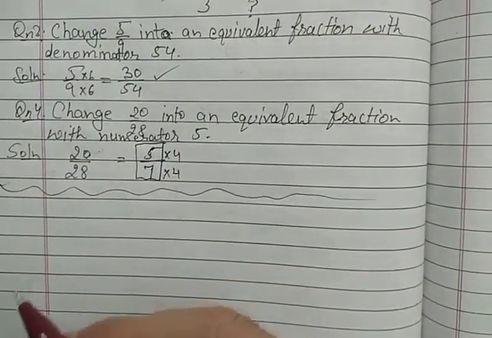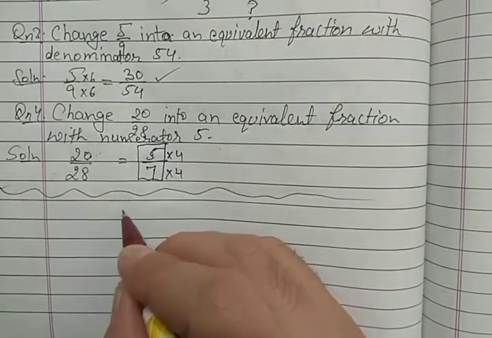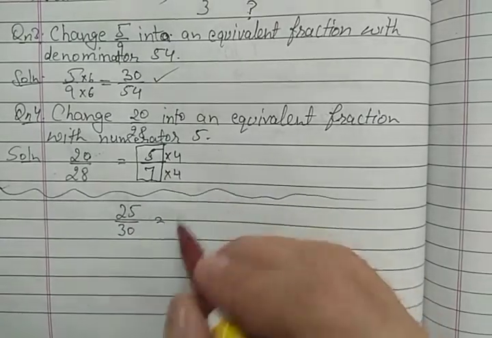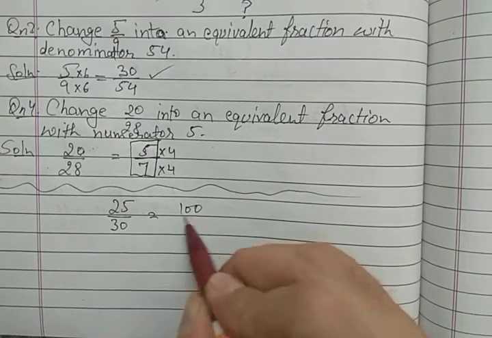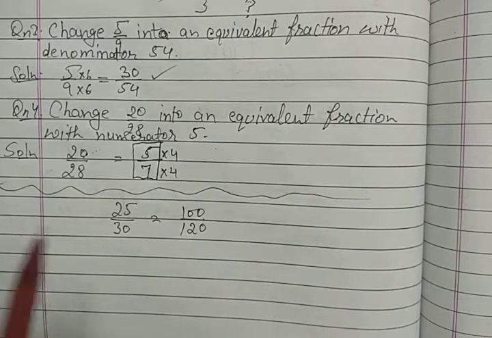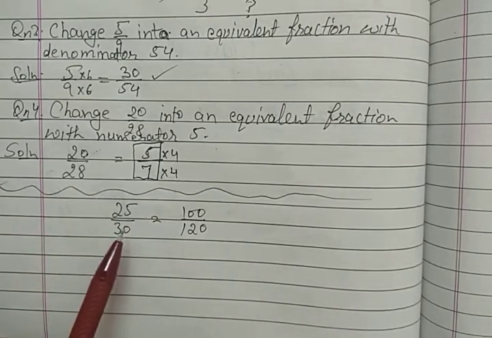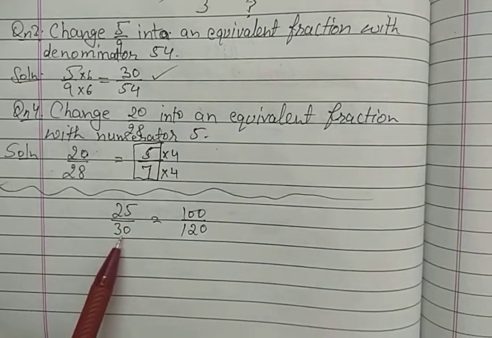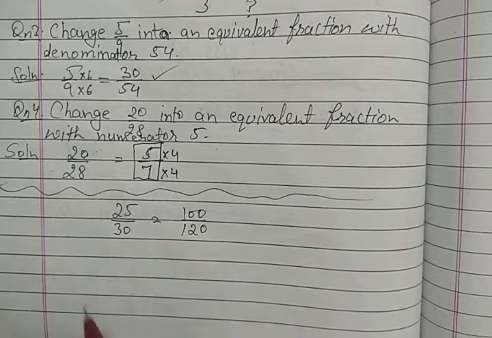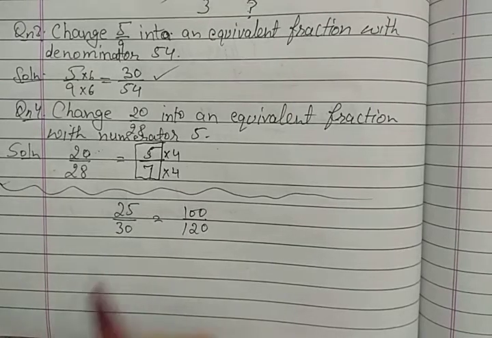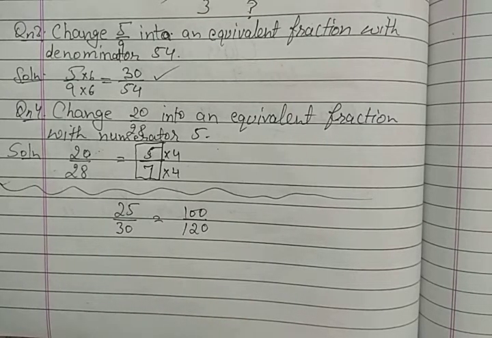if we are given big numbers, suppose 25/30 is equal to 100/120, right? So can you check? It becomes quite difficult. Although I have taken easier numbers, 25 4s are 100, then we will multiply the denominator by 4, 30 4s are 120. I have still taken easy numbers, but with bigger numbers it becomes very difficult. So how can we check the equivalence of such fractions?